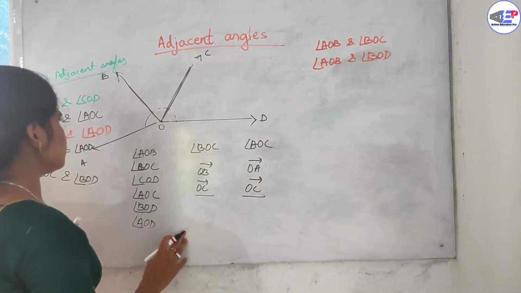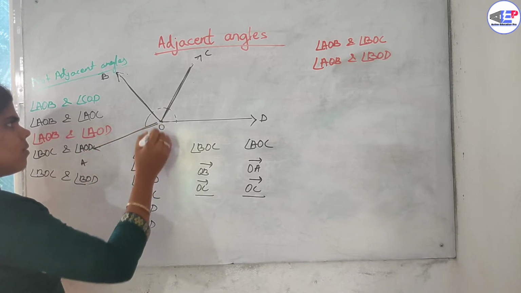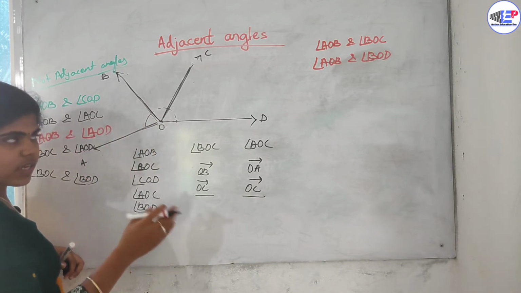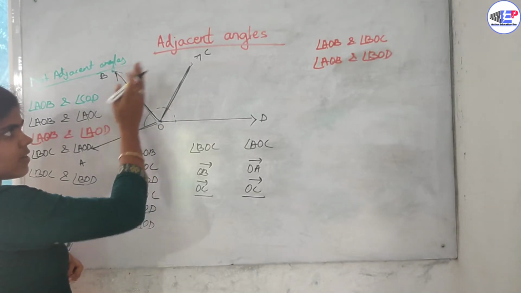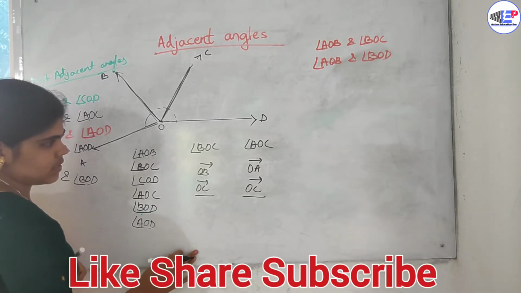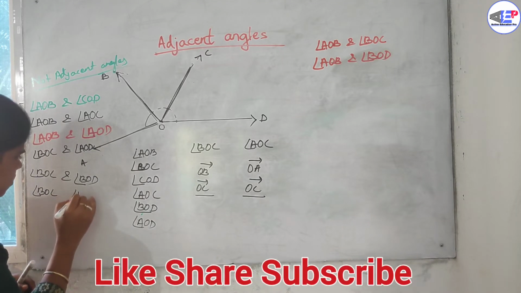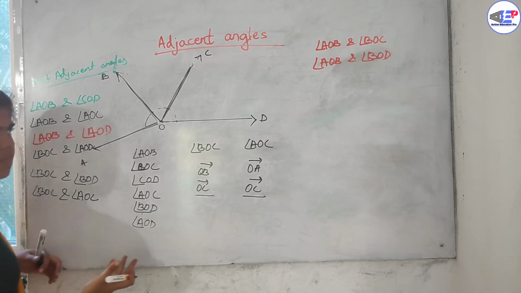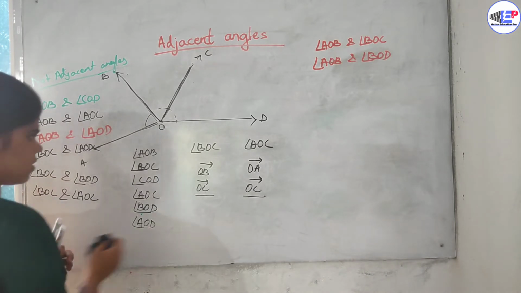OB and OA. Look here, OA is a non-common arm. OB is another non-common arm. Here, both these non-common arms, as per the second condition of adjacent angles, are present on a single side of this common arm. So these two angles are not satisfying the conditions to be a pair of adjacent angles. So write at the left side of this whiteboard, this is BOC and AOC, another pair that is not a pair of adjacent angles.